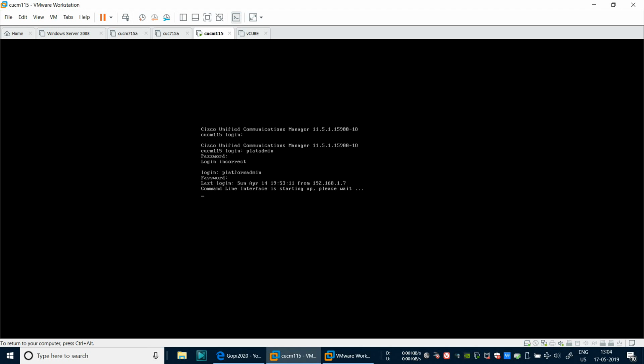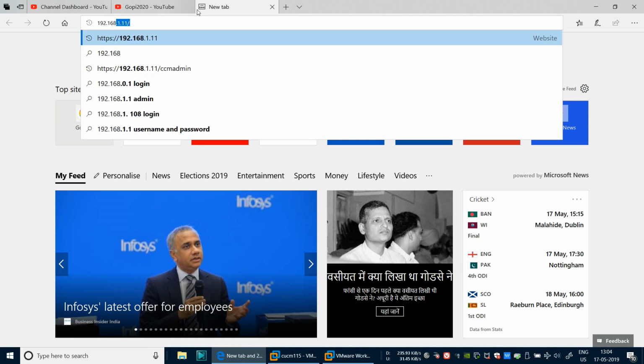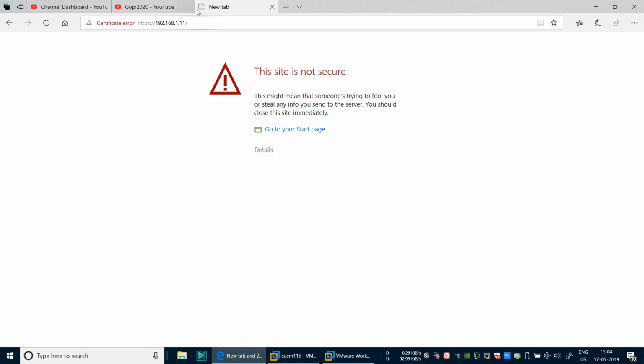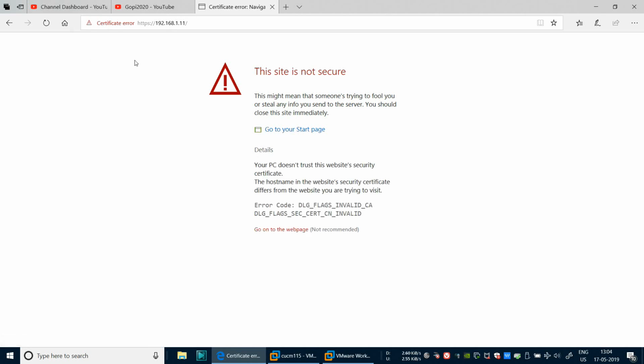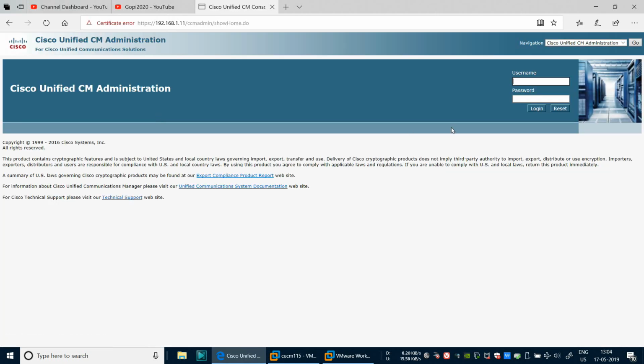Okay, it's logged in. Let's log into the GUI. 192.168.1.11. So the new browser is not supporting. So, oh, I think it is supporting. Okay, we have logged in and I am in version 11.5.1